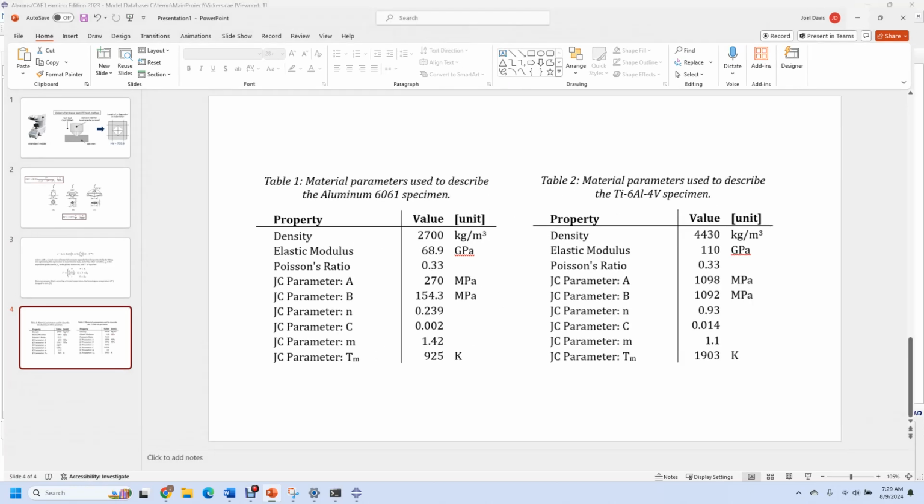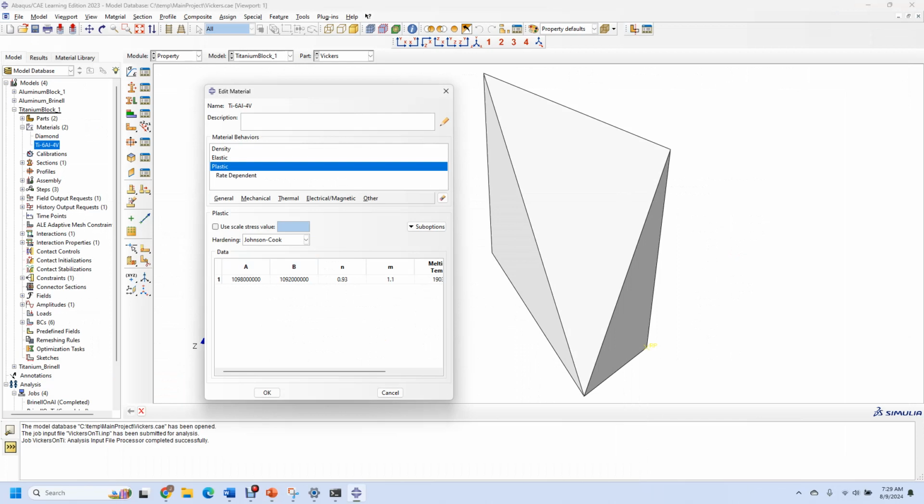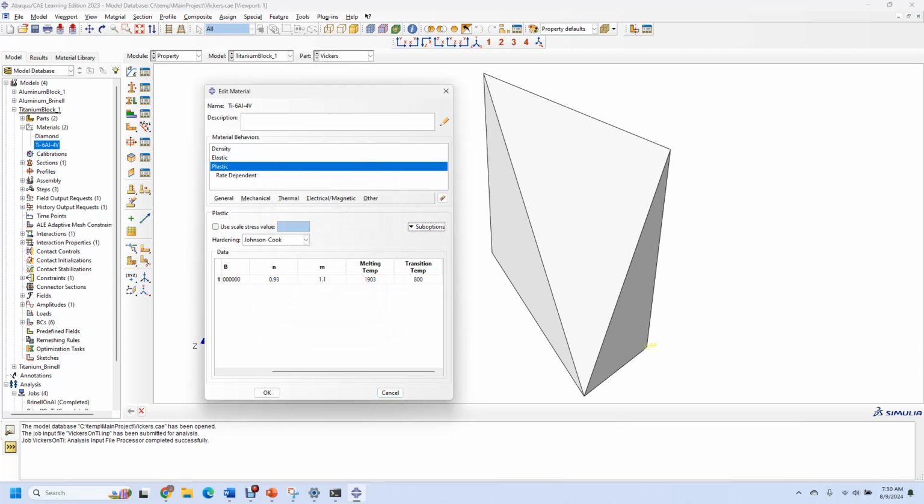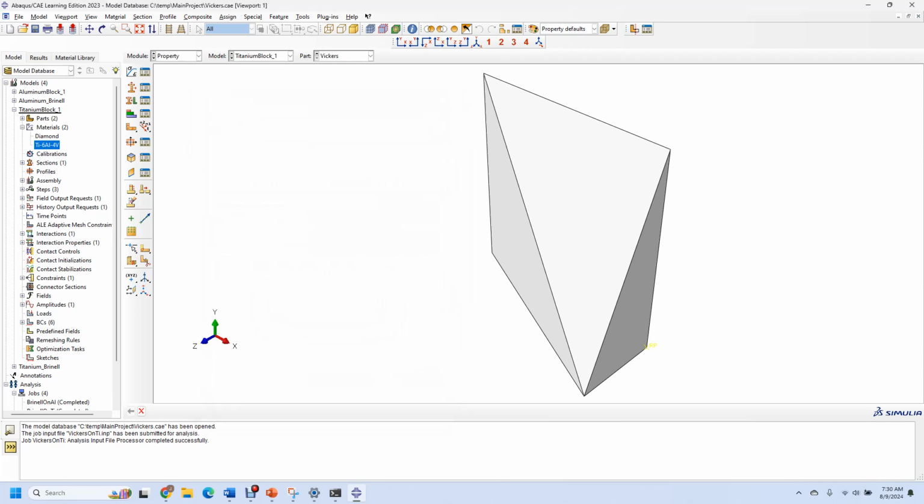We can see in here, looking at the Johnson-Cook, they have the same values, and then you have to go to the sub-option rate dependent to plug in your C and epsilon naught, or epsilon 0. Once those parameters are plugged in, you could then